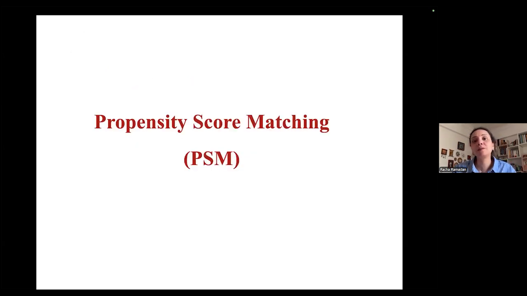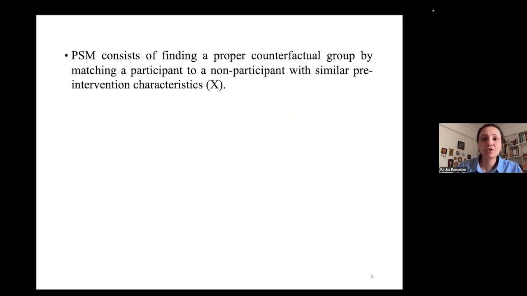And this is what the propensity score matching is trying to do. So is it clear? Please, if at any point I'm not clear or I'm speaking too fast, feel free to interrupt me or ask any questions. Okay? So the propensity score matching is trying to answer this question mainly by trying to find a group